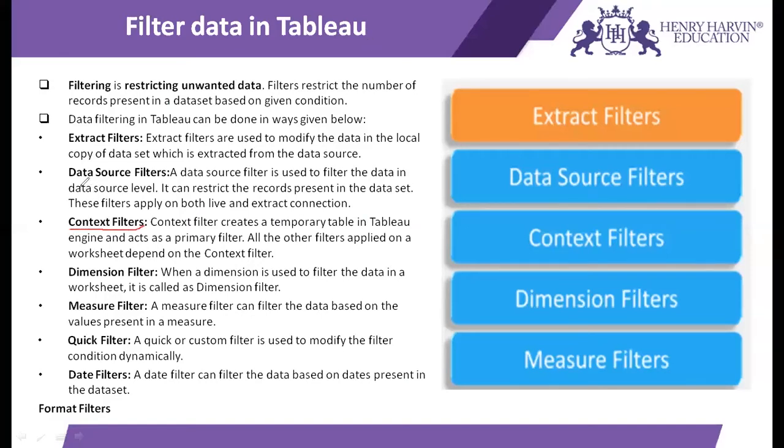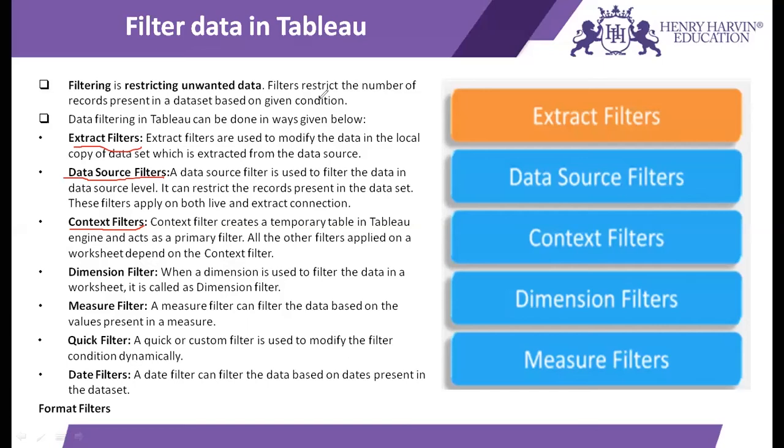In the case of the extract filter and data source filter, what we do is, at the data source level only, the place where we have imported the data, at that level only we reduce the number of records so that the user can use only the records which you want them to use. Now another way is the context filter. What you can do is import all the data you want to import from the data source, and while the user is visualizing, he can limit his number of records and then perform the operations on those records only.